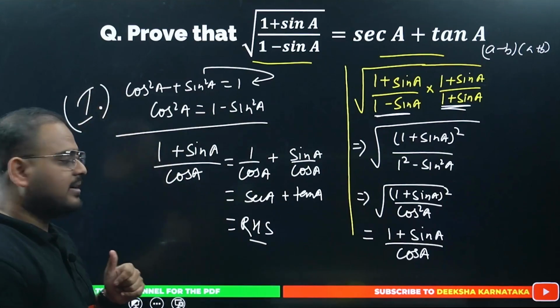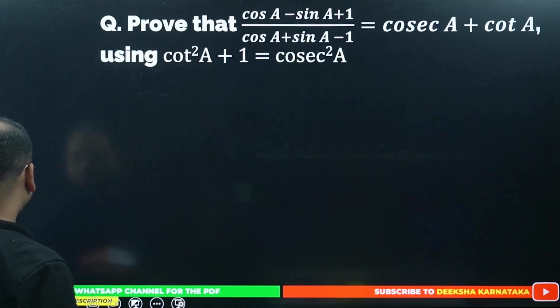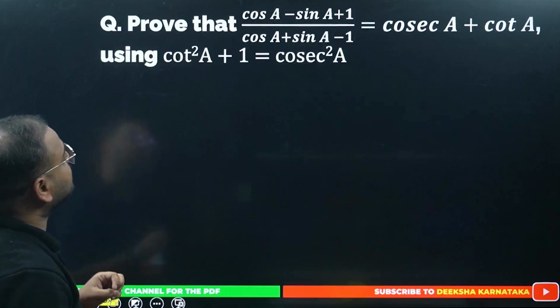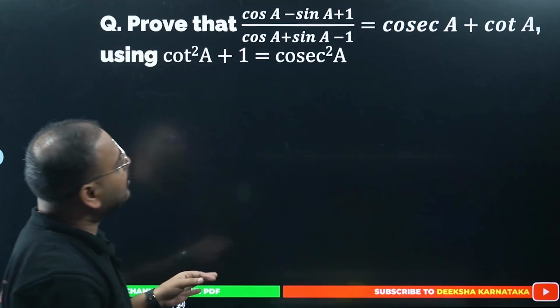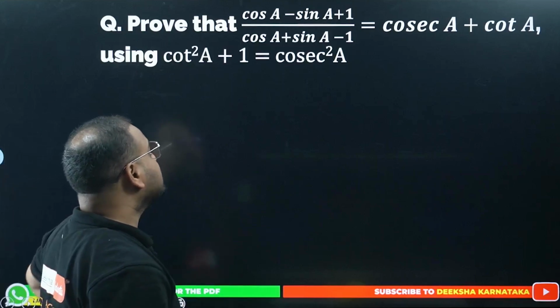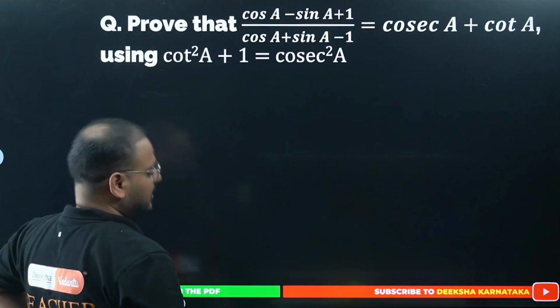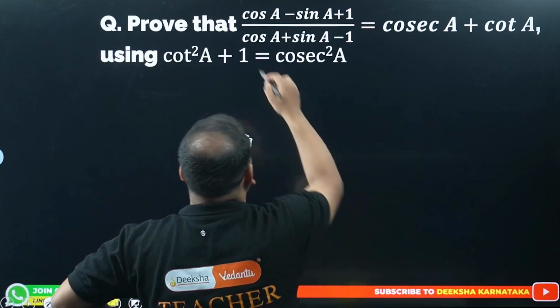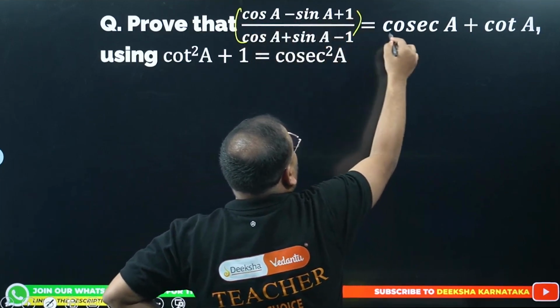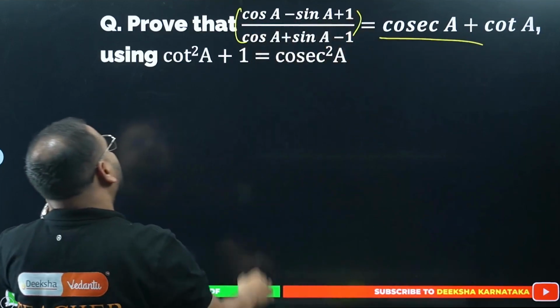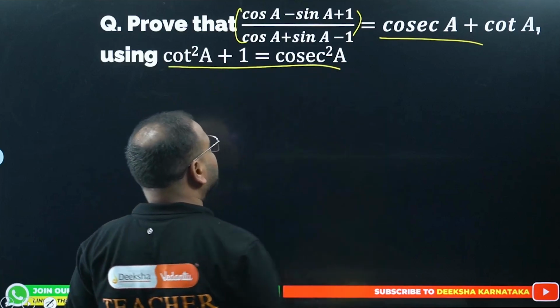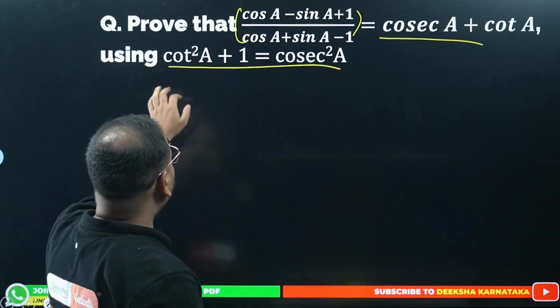Using the identity. Moving on. I hope all of you understood the first question. This one is also from your NCERT, sir. People find this question difficult. LHS is this, RHS is this. You have to use the identity they have given. They have simplified it. Now, to use cot and cosec,